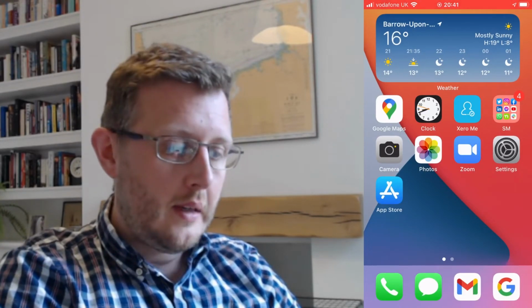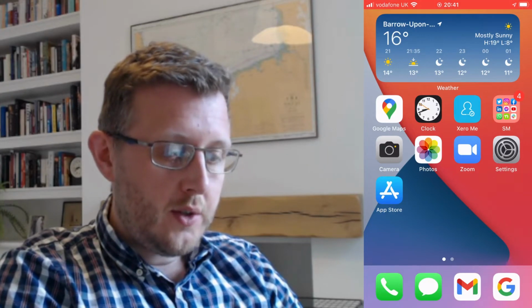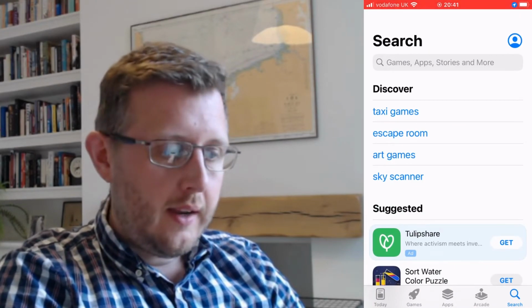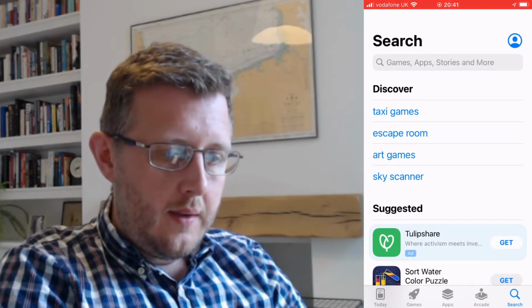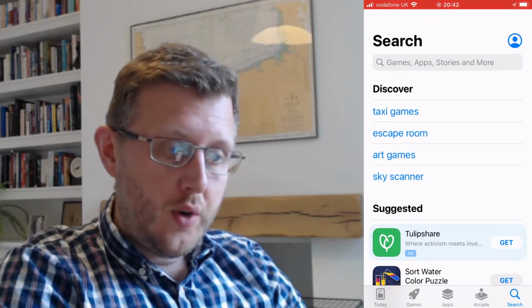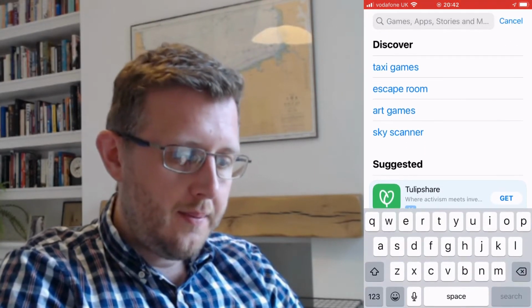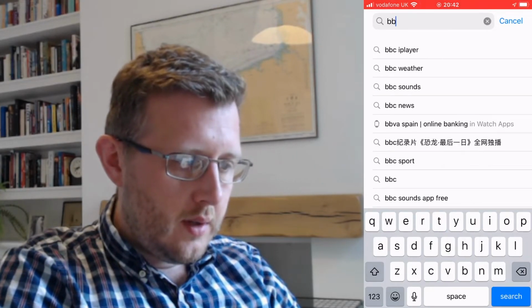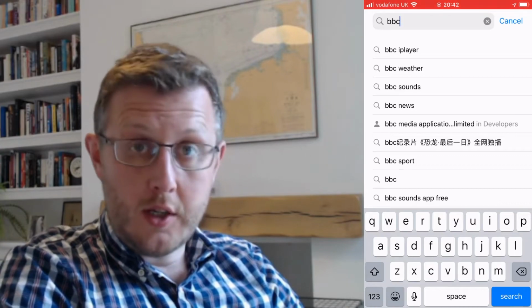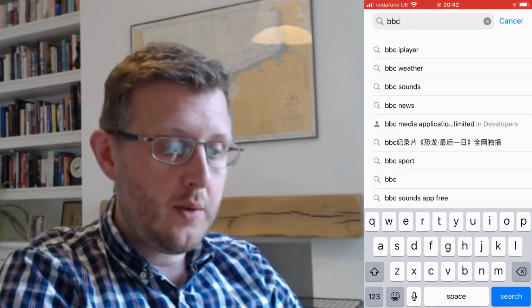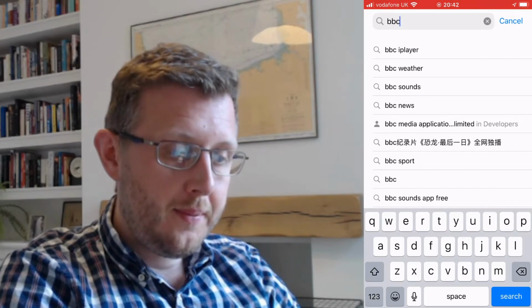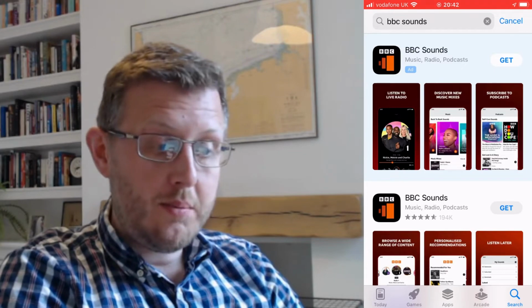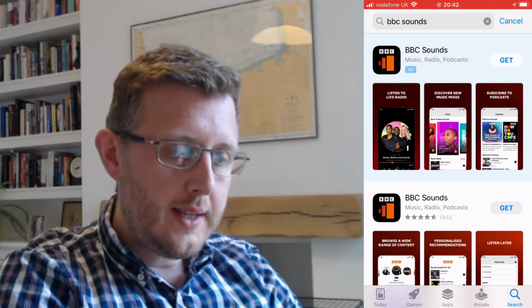I'm using an Apple phone, so if I just press this big A sign here, the app there, just tap that, and then the Apple App Store opens up. If I just press the search there, I'm going to look for BBC Sounds. So I can see I've just started typing in BBC. BBC Sounds is the third one down the list. So if I just tap that, get BBC Sounds. And now to get the app, I need to press this button here that says Get. So if I press Get,